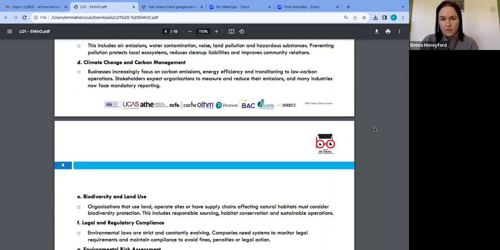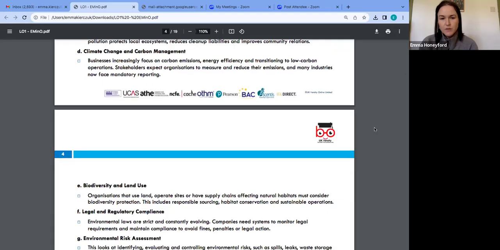And then another key area is biodiversity and land use. So as an organisation, you'll have different supply chains, different providers supplying the organisation with different things. It may be a service or it may be a product. And those supply chains have impacts on natural habitats. So organisations do want to understand and work with supply chains that can demonstrate what their impacts are in terms of the natural environment. So that's another important thing to think about